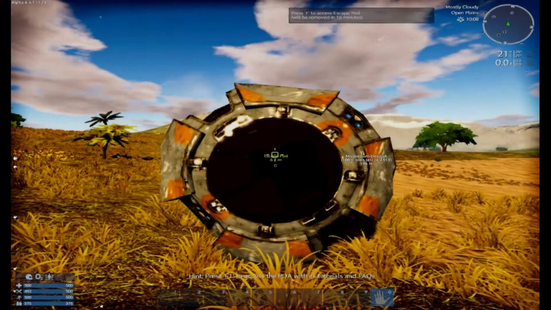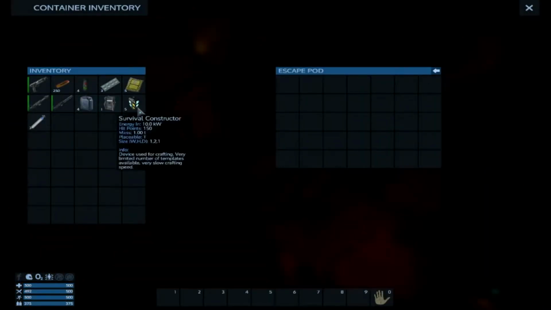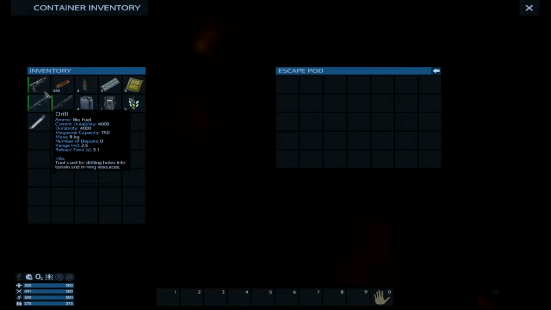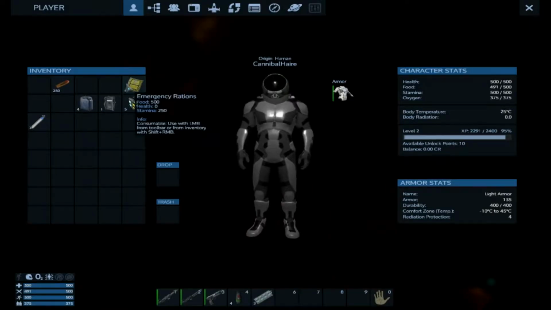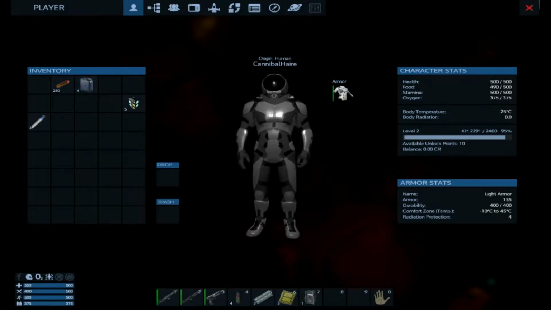So we're going to take a look at our inventory right away here. I'm not quite sure what's the proper way of setting things up, but we have our survival constructor, some biofuel, chainsaw, drill, and a couple other things. So let's get these all into our quick tabs. And we don't need this. We got a little bit of fuel